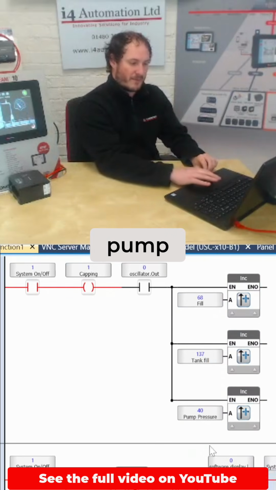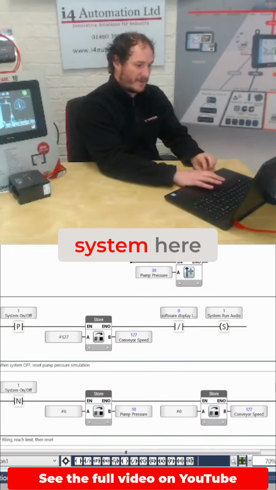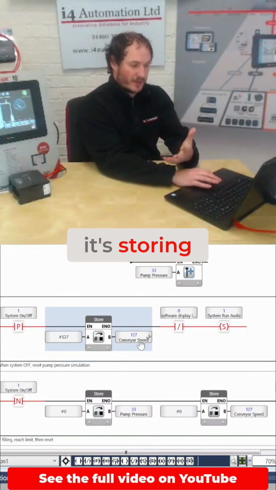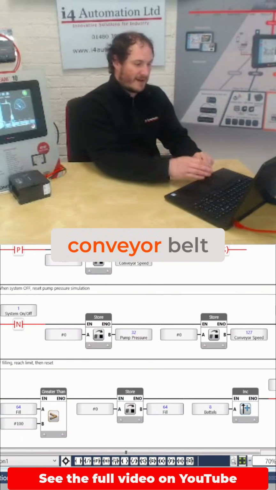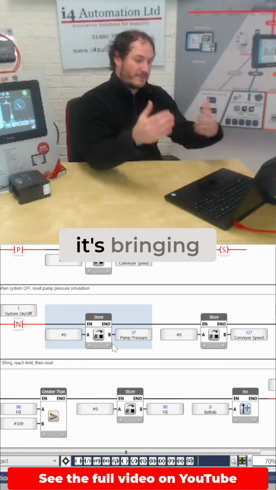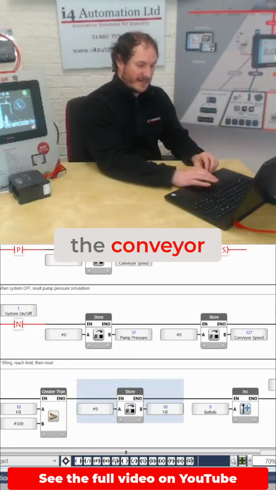And you've got the same for the pump pressure and the tank fill. We've got a system here. When the system turns on, it's storing a conveyor speed straight onto the screen. So we've got a 127 speed on the conveyor belt. When the system turns off, it's bringing the pump pressure down to 0 and bringing the conveyor speed down to